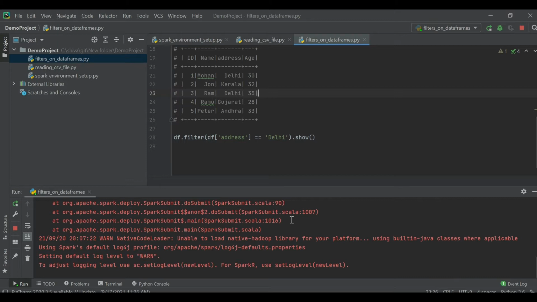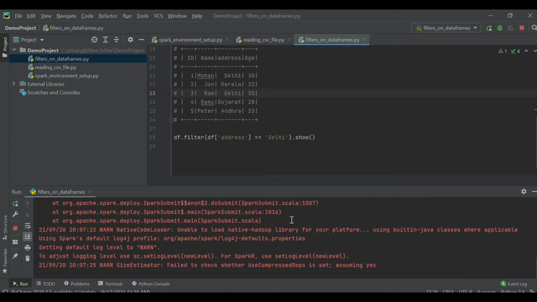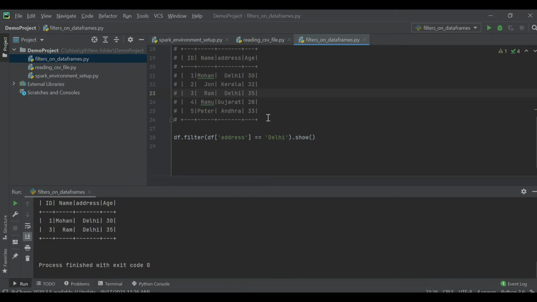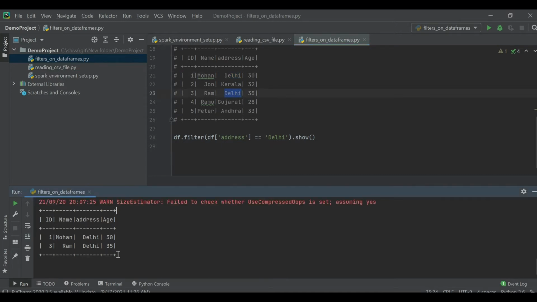From the main data frame, it's going to filter out where the address equals Delhi. If we compare with the whole data set, we have only 2 rows which have Delhi. So the resultant output is a data frame with only 2 rows, ID 1 and 3, which are associated with Delhi.